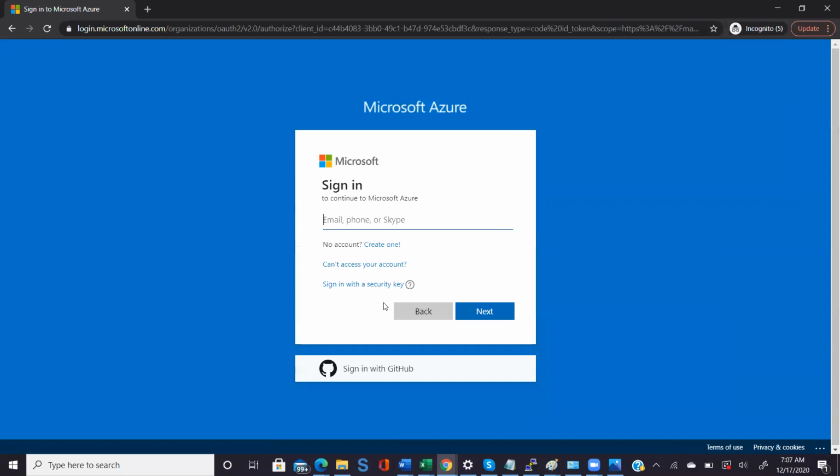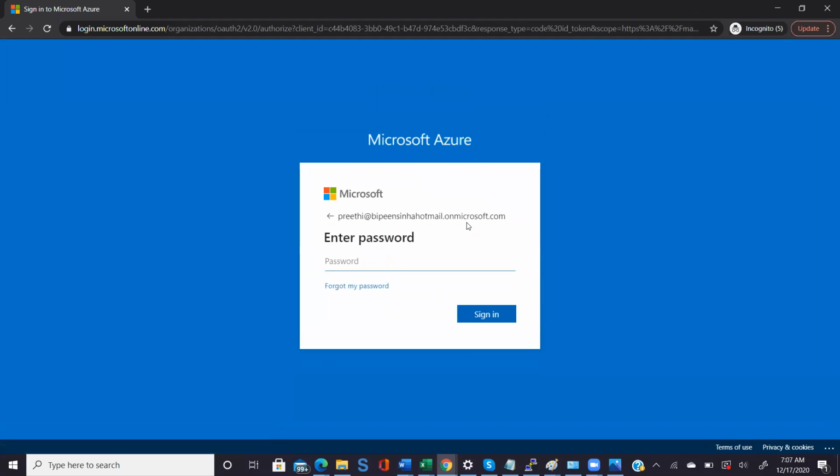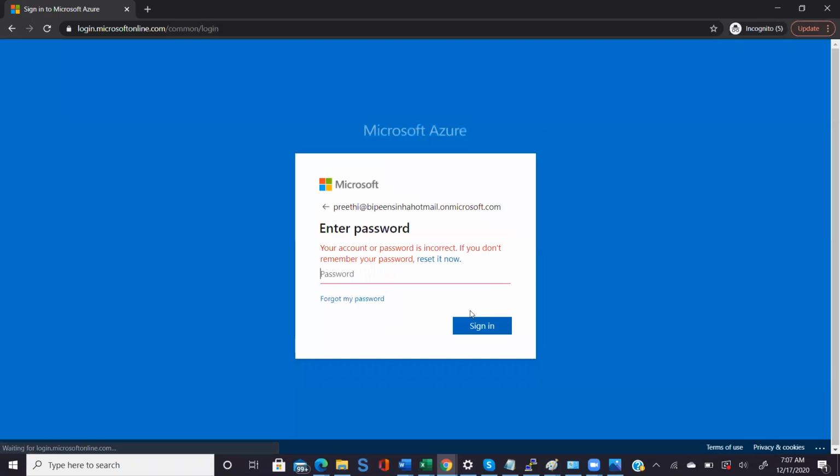Now I am going to log in with this user ID. So now when you say next, you have to type your password. So type your password, whatever the password you gave there. So when you log in first time,